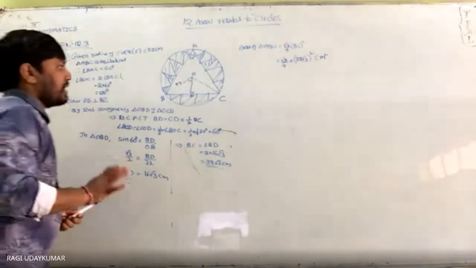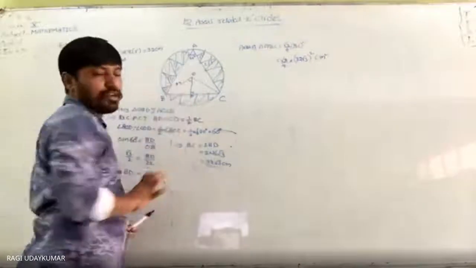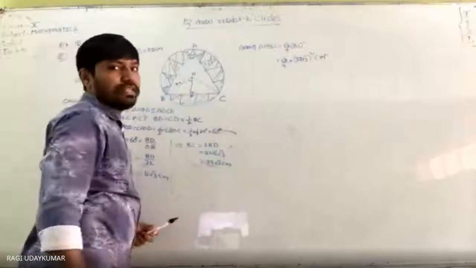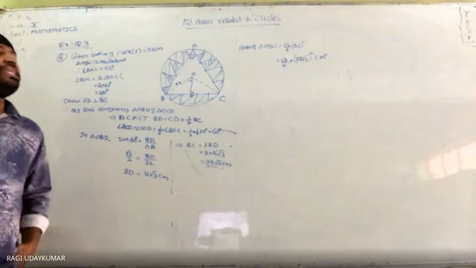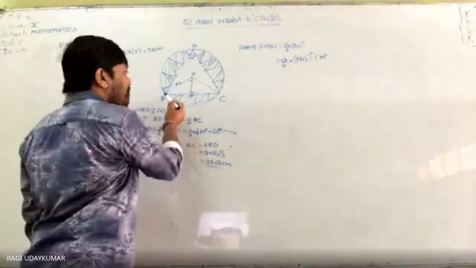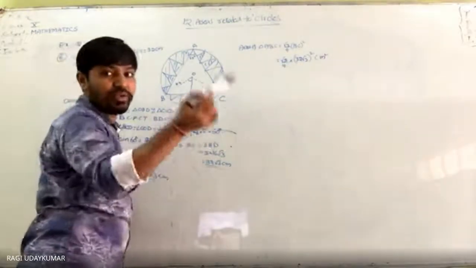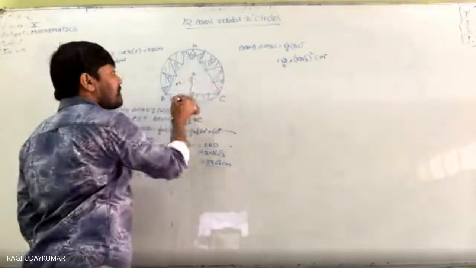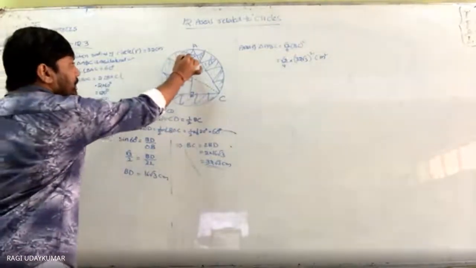Okay. See here, we are given the radius of the circle. Radius of the circle is given to us as 32, and the side of this triangle is not given. So the side of the triangle, not only the side, anything. The same problem can be done in another way also, but you will compulsorily need this length. If we want half into base into height, we still need this. So we need the side, and we have to find it. What I did here: the triangle is equilateral, so here the angle is 60 degrees.